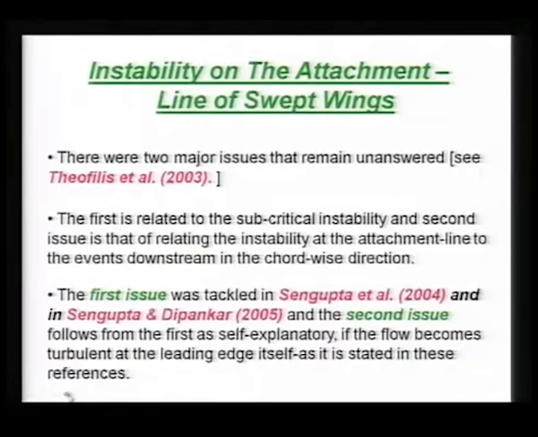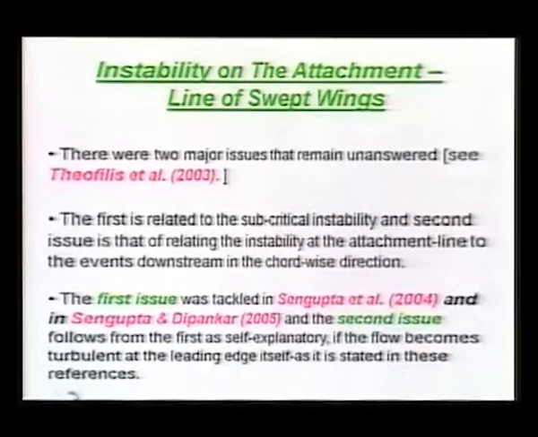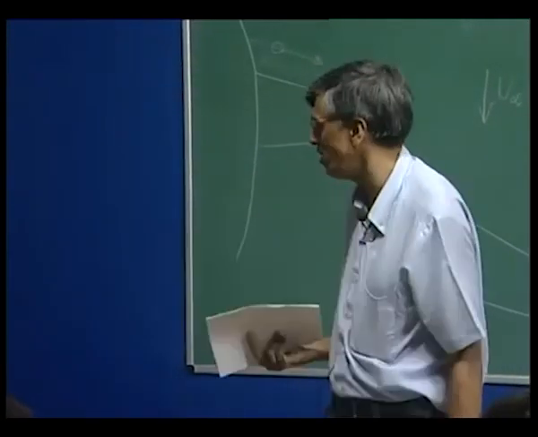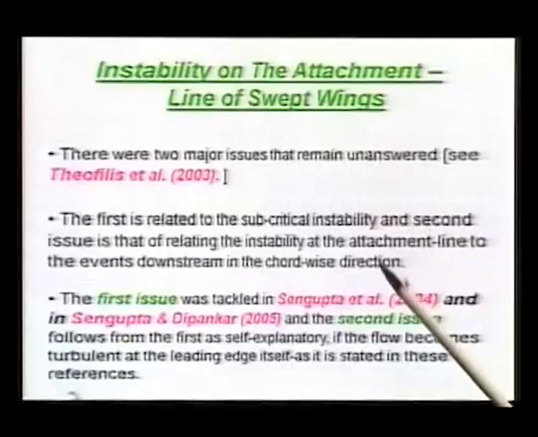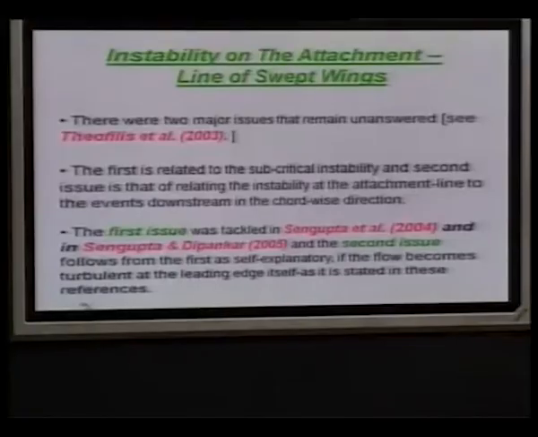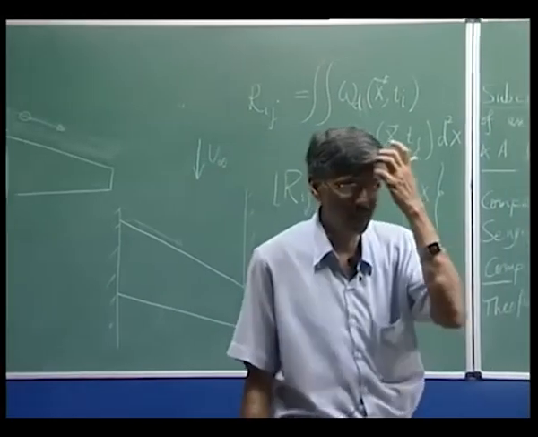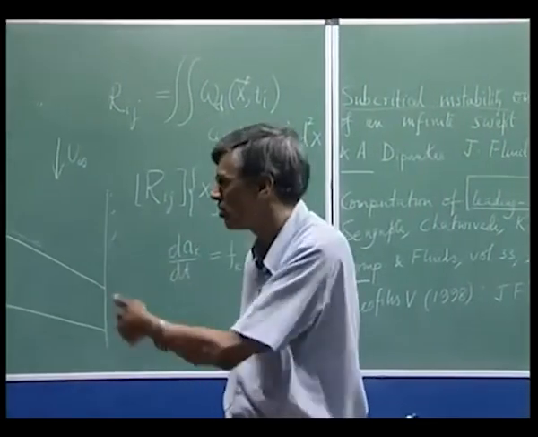Now, Theofilis and his co-authors wrote in 2003 in a JFM paper that till that date there were two major issues that remained unanswered. The first is of course related to the phenomenon of subcritical instability right in the attachment line plane itself. That is the first issue, and this is what we try to do in this couple of papers. There is also a second issue: if the flow becomes turbulent at the leading edge, what happens to the flow